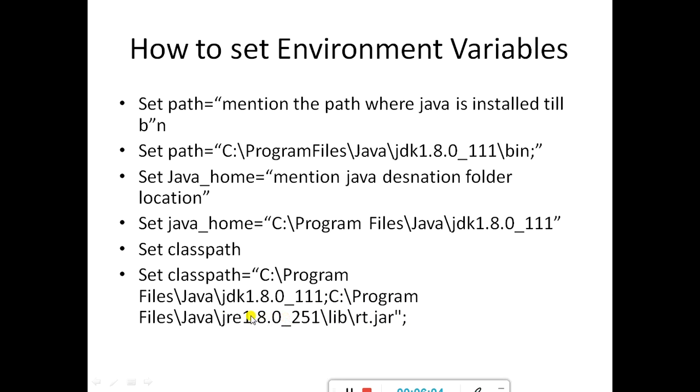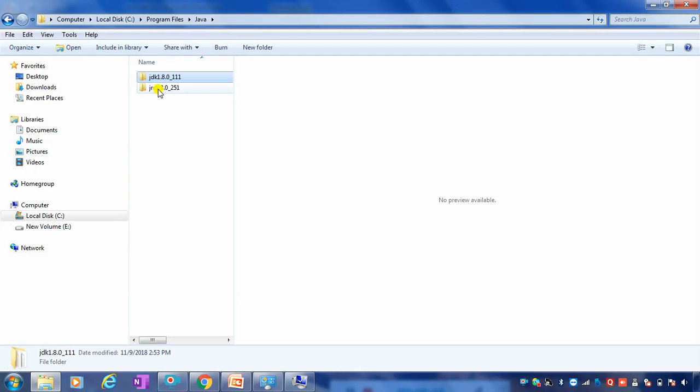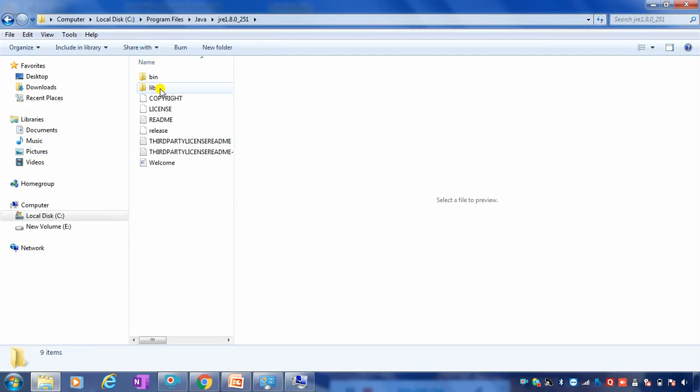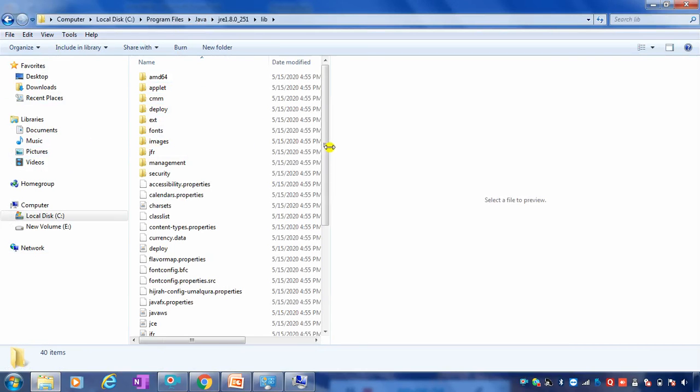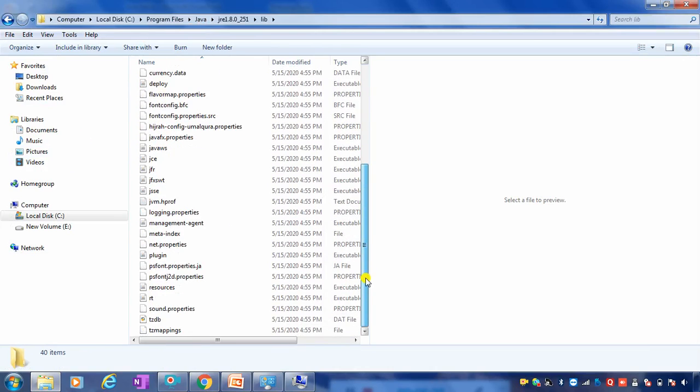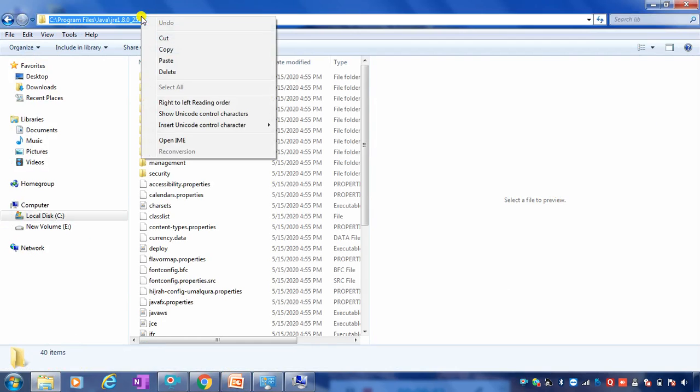Okay, so what you have to do is go in Java, there you will have this JRE folder, go to lib, and there you go till rt.jar. I'll just show you. You go to Java, there we have this JRE folder, then lib is nothing but library. Okay, then in the library folder you have the rt.jar file. Okay, this is, you can see, an executable jar file. So you have to just go to lib, click on this, copy it,